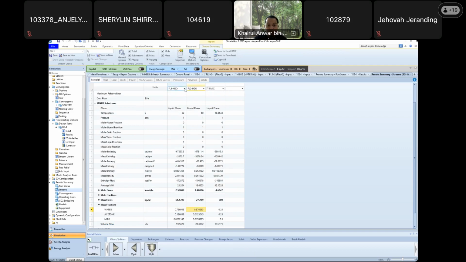Let's check the trimix, trimix 3. For trimix 3, this is the fraction. Most of it is MIBK, about a percent. To check it out. So next task is to